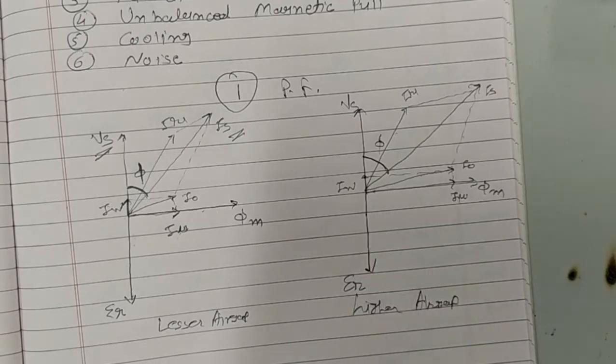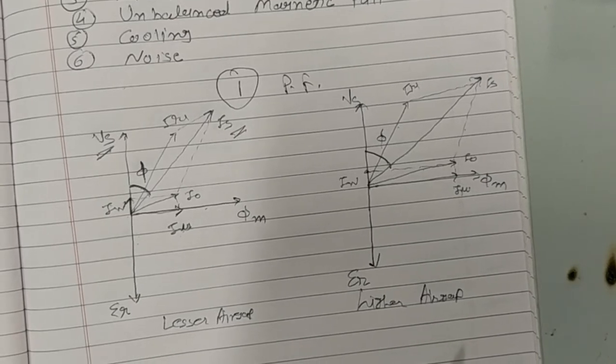Okay, so now these two figures show the phasor diagram of an induction motor with two different lengths of the air gap. The magnetizing current with higher air gap is greater than that with the lesser air gap. So the phase angle between the stator applied voltage and stator current is greater in case 2, or we can say that phi is larger, hence we can say that cos phi is smaller. Okay, or if phi is bigger, cos phi is smaller. Okay, so this is the case with lesser and higher length of the air gap. Okay, so that was the first point.